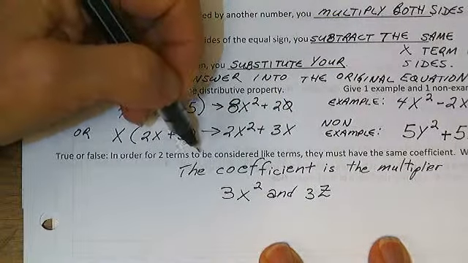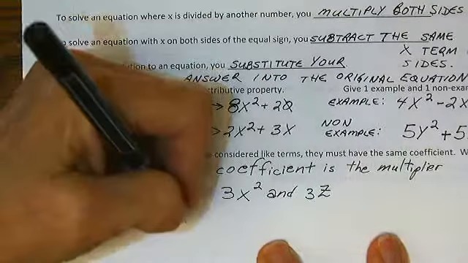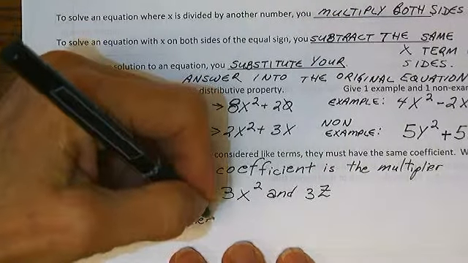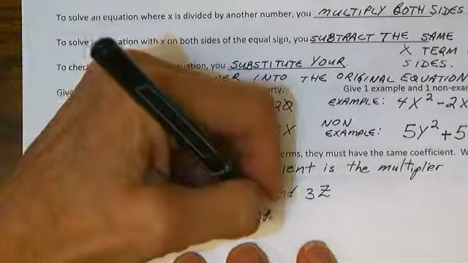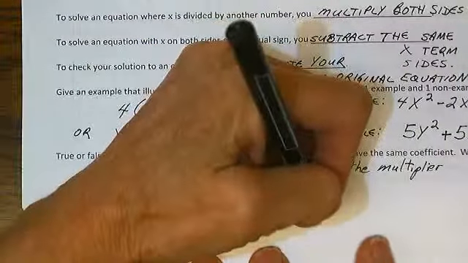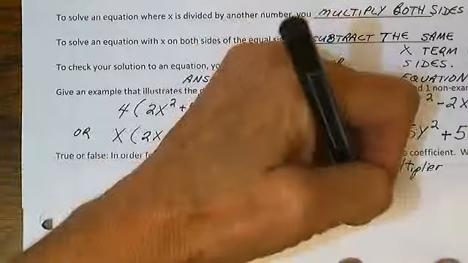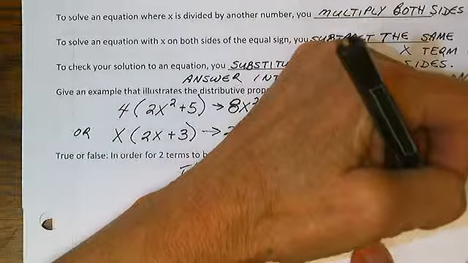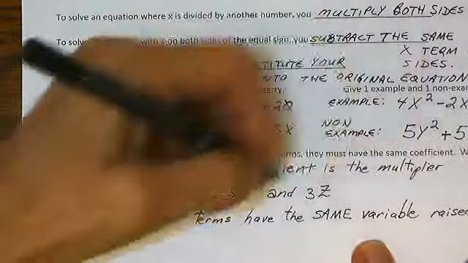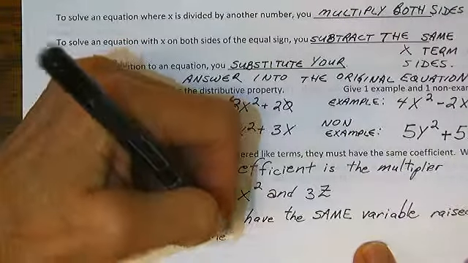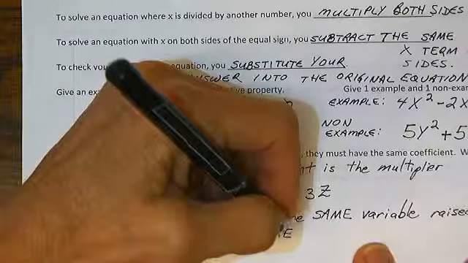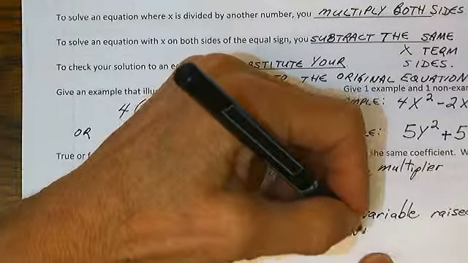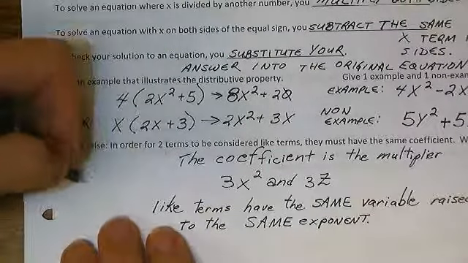In order for two terms to be considered alike, we must have like terms have the same variable raised to the same exponent. So, this is clearly false,